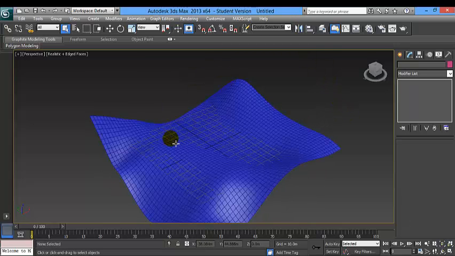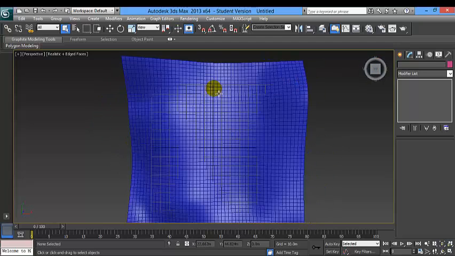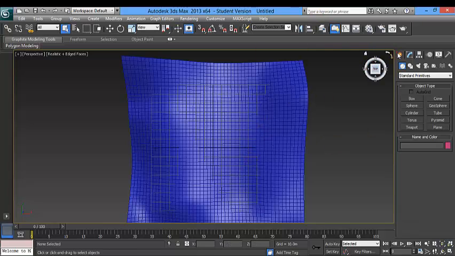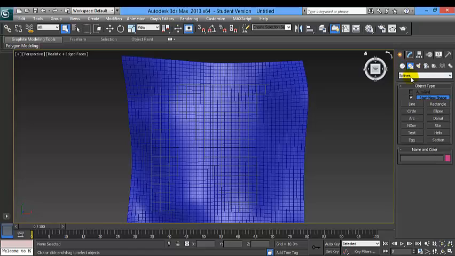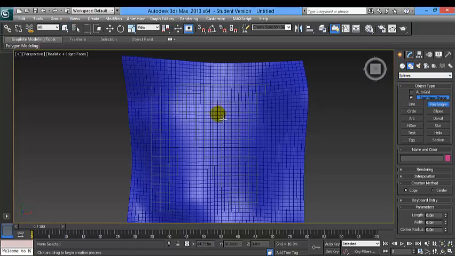And now I'm going to draw in the top view some buildings to be glued on this surface. So we are going to create, in this case, splines and rectangle.